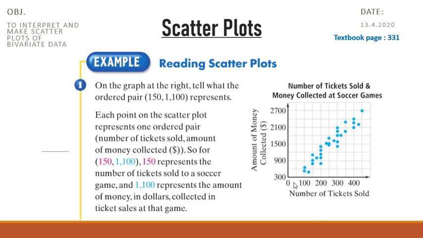So we have here 150 and 1100. So 150 is the number of tickets, and 1100 is the amount of money in dollars collected. Okay,